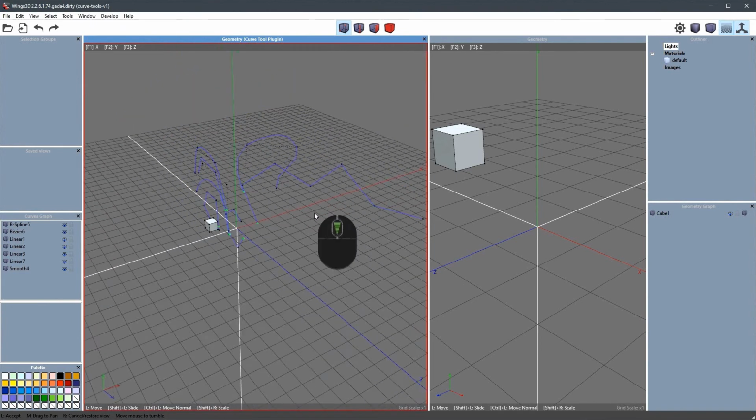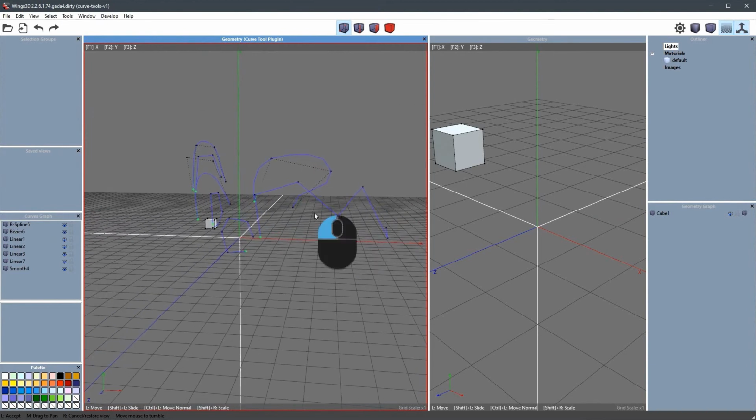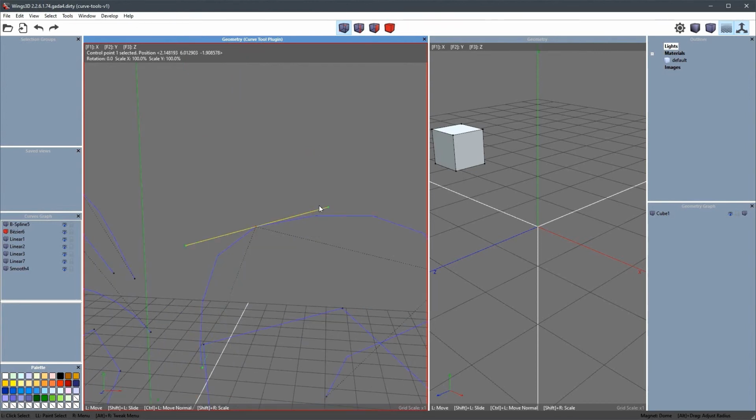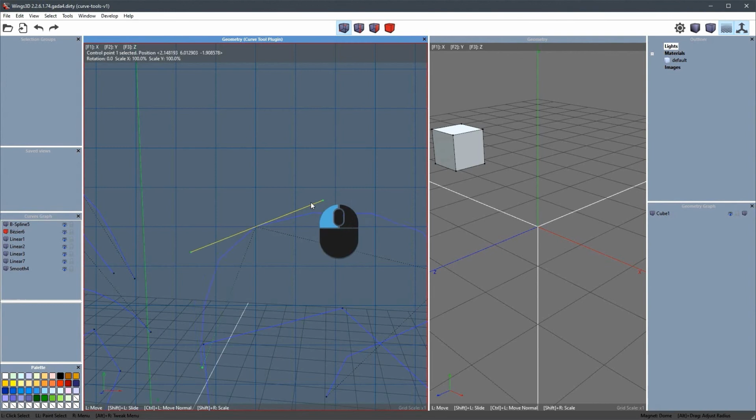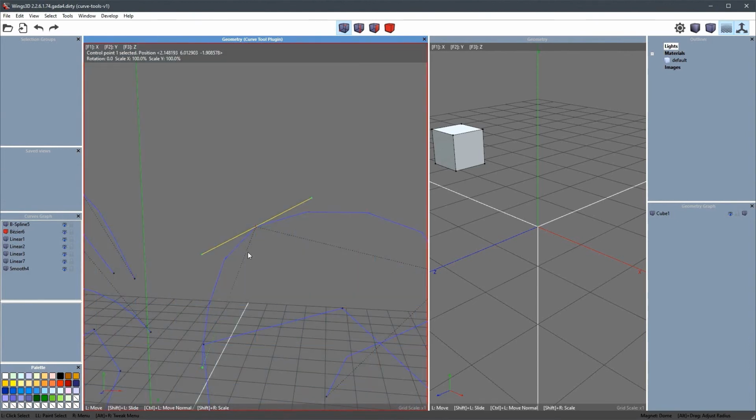For Bezier curve, we also have some options related to the handle. The handles always scale both sides with the same length in order to preserve the curvature, the continuity of this curve. So if you want to break this, we have the option to use